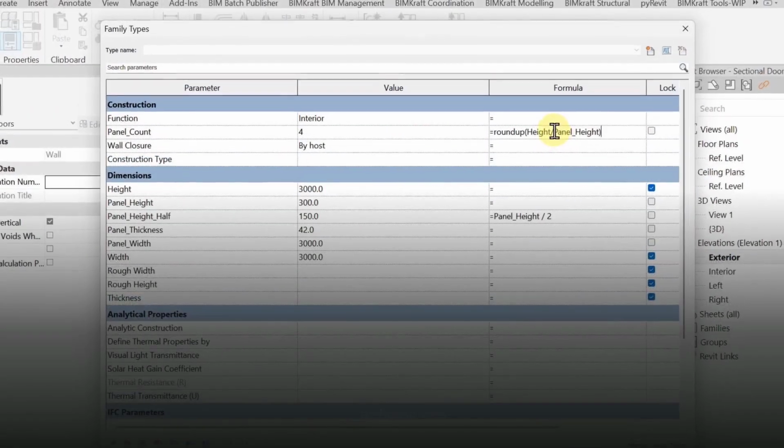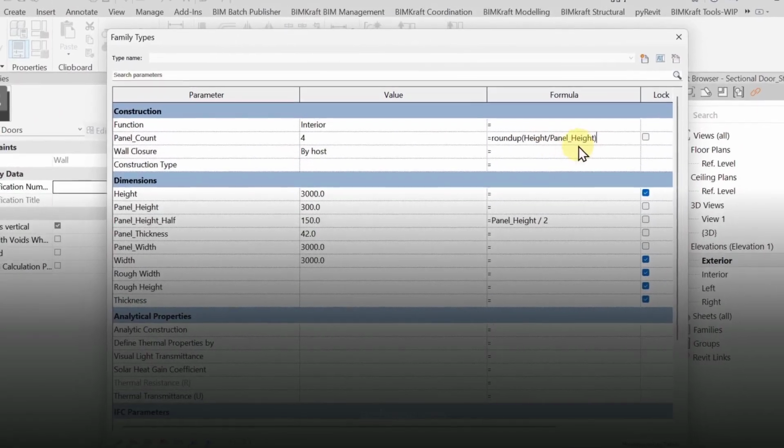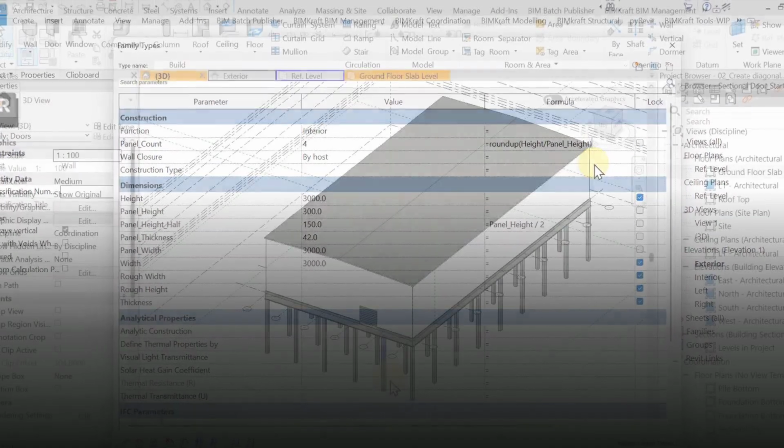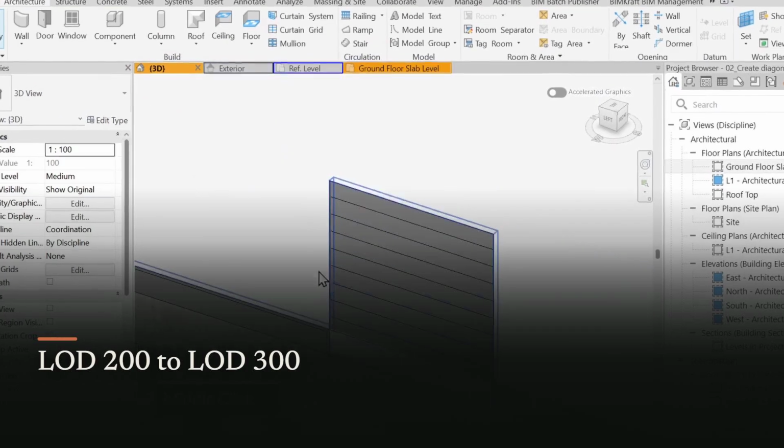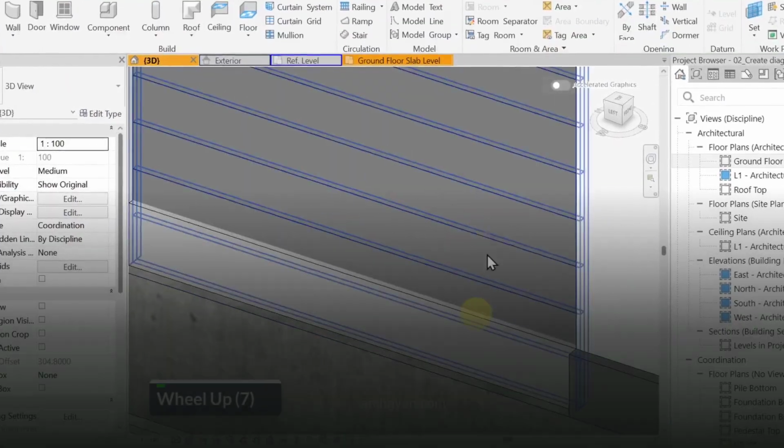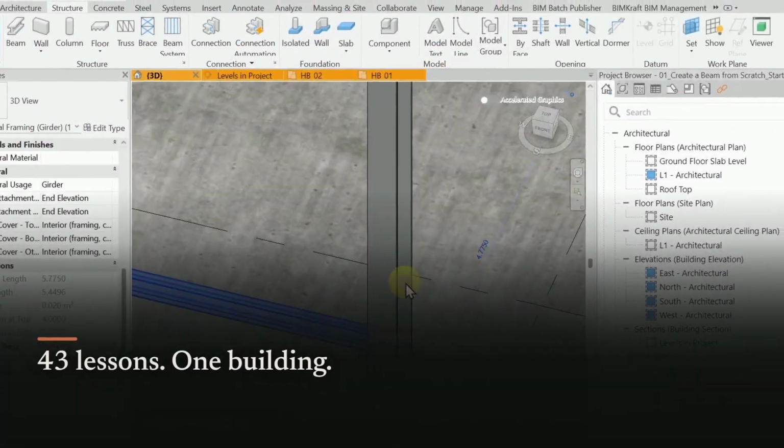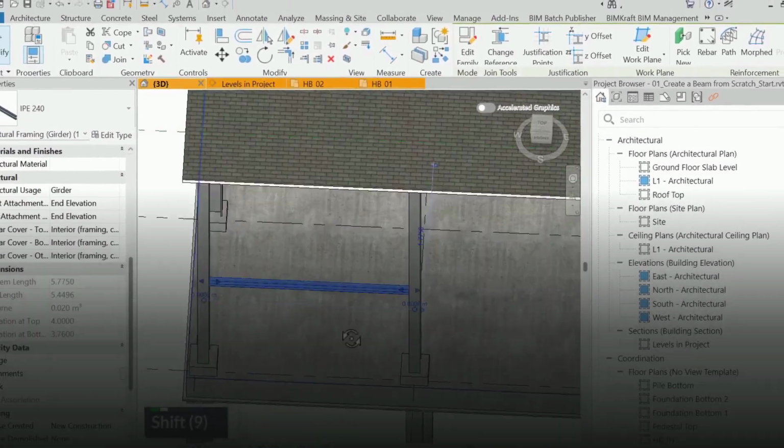Not downloaded content, your own parametric piles, pedestal, column, truss, beam, and profile families, taken from LOD 200 to LOD 300. 43 lessons, one building. You finish able to model a structure in Revit and to defend